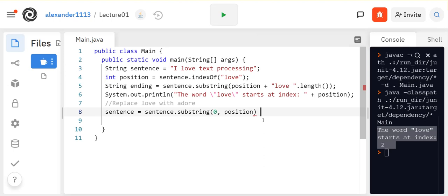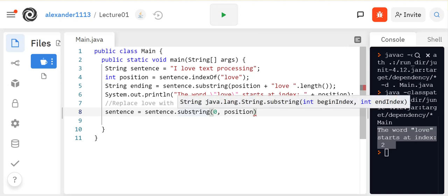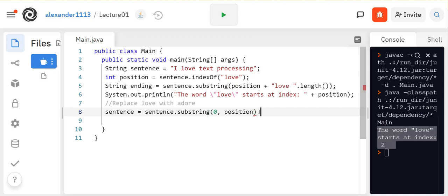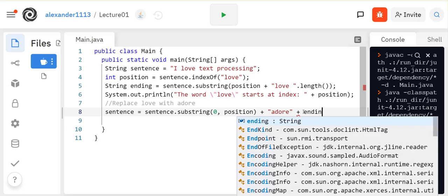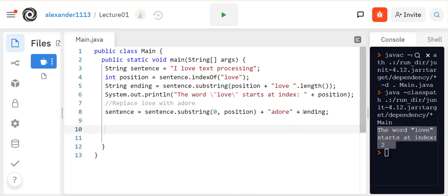And remember, what does substring return now? Let's hover over it. It returns a string. So if we put a plus sign, it's going to do concatenation of strings. It's not going to do any type of mathematical operation. So we go out to that position, then I'm going to add adore. And then we already have the ending, which we're going to reuse. So we'll do ending. And then if I print this out,